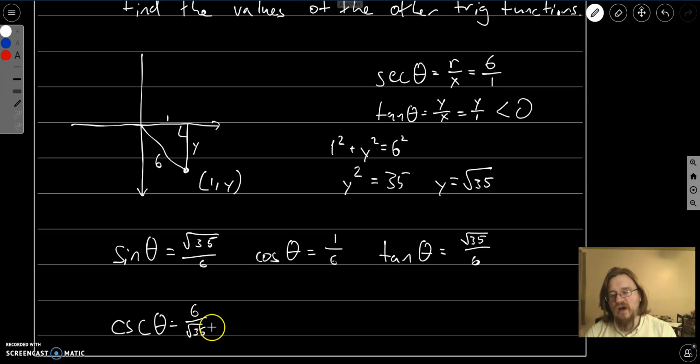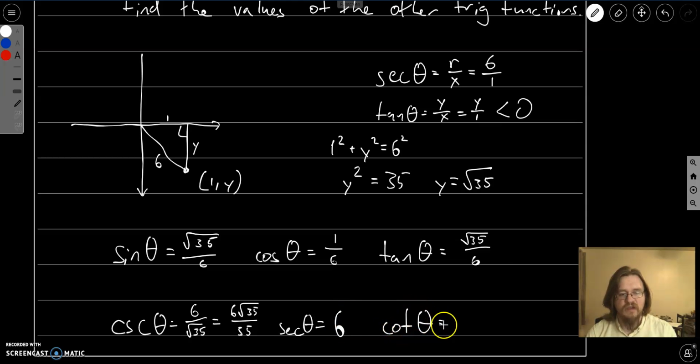Again, we want to rationalize our fractions, so I'll multiply the bottom by the square root of 35, and I'll multiply the top by the square root of 35. The secant, we were told in our original question, was just 6, and the cotangent is going to be 6